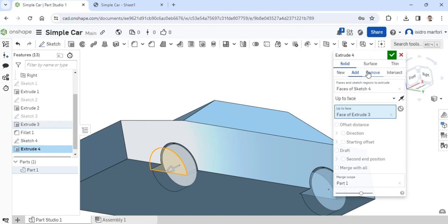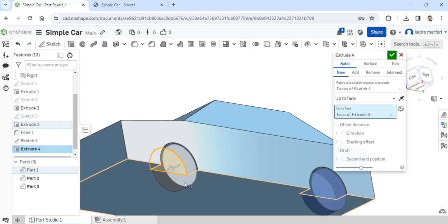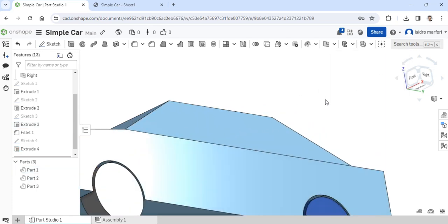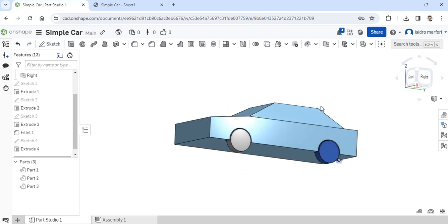When you select add in the type here, what it will do is it will merge it with your car body. In our case, we want to make it new. So this will be a new part or a new body that will not be merged into the car. Then you simply accept that and we have this there.